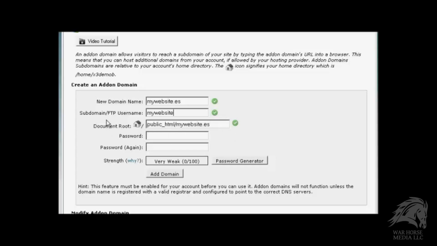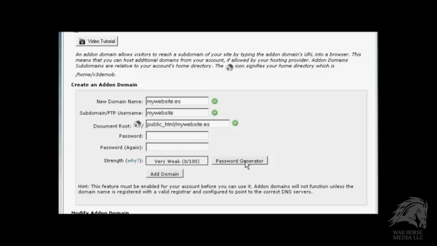So you've got the subdomain is going to be my website, and the document root is going to be public_html/mywebsite.es. You need to type in your password, so let's just put that in,